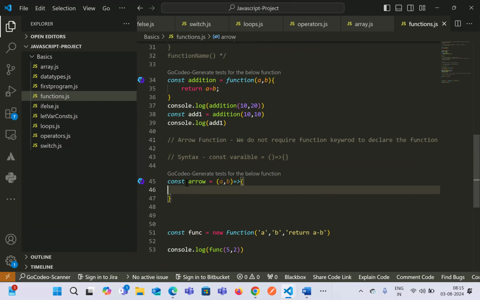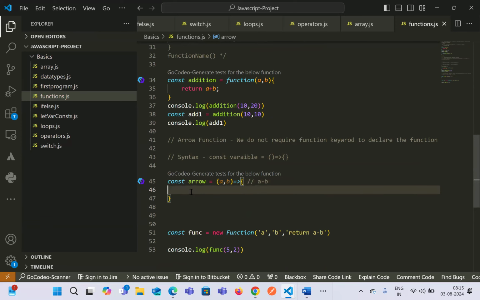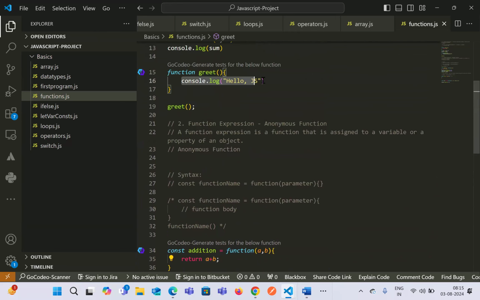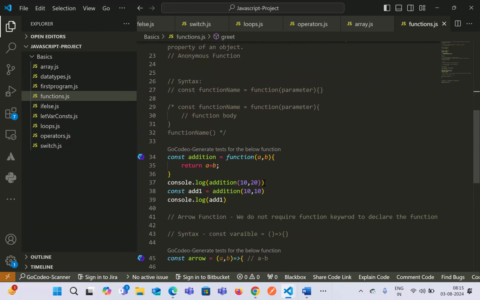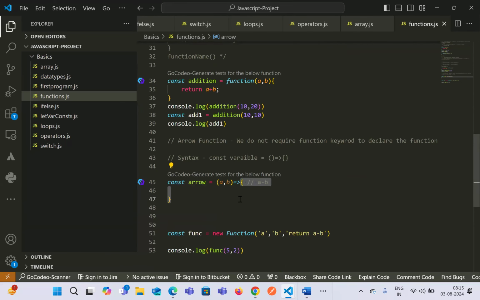Okay, so this is one arrow function where we are trying to, let's say, subtract a minus b. After that, whatever body you write will be the same as we have declared in other kinds of functions. You can do anything in the same way as you have declared in other functions inside the curly braces. But the only difference will be the declaration part, where for an arrow function, you do not have to use the function keyword. You can directly replace that with